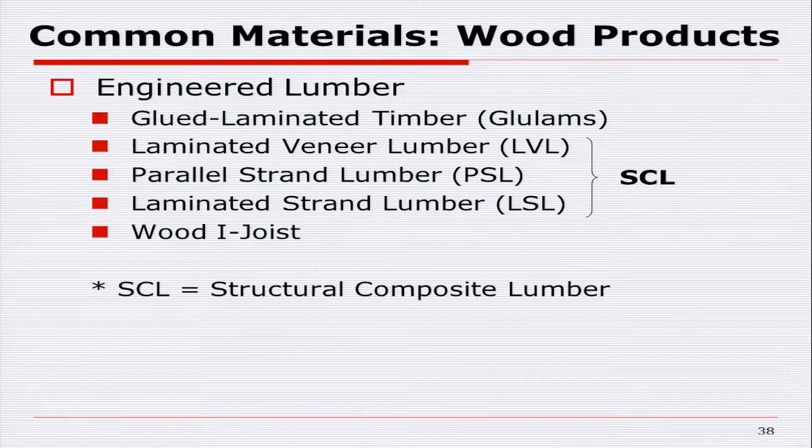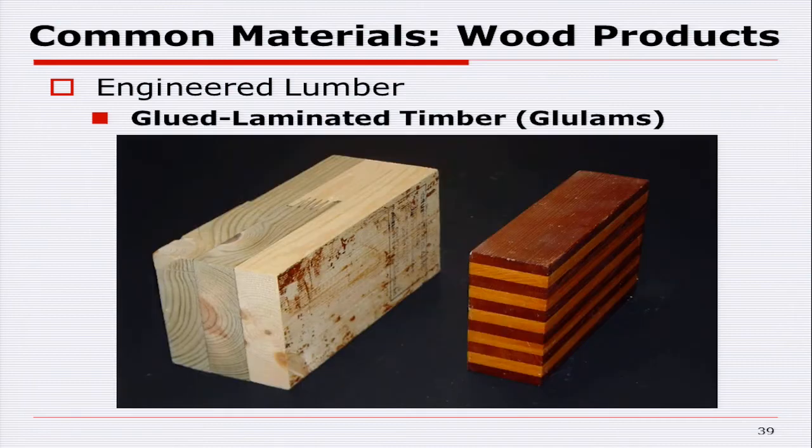So we try to compensate for those by spreading them out. If you've got a knot in a piece of wood, and I've got a real weak spot at that location, I can compensate for it by trying to spread them out. And how am I going to do that? Well, typically what we do is we glue together several layers. And that's what all this stuff is really about. Instead of having one large knot running all the way through here, this is what we call